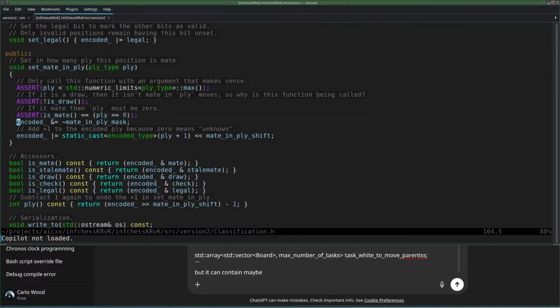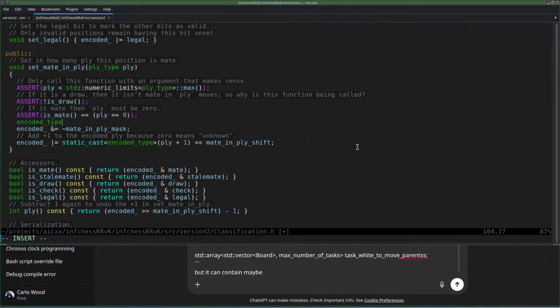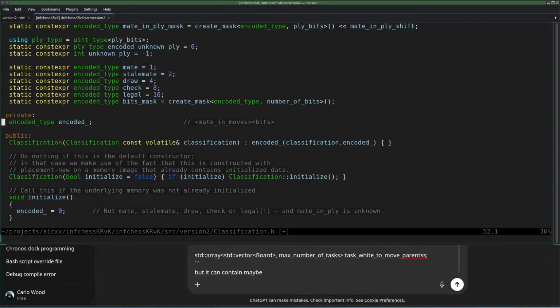We have encoded type. I'm going to read a local encoded type with encoded, so encoded must become an atomic. It's probably also possible with